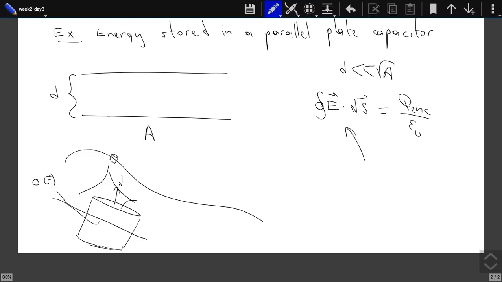Here the ds, I can choose it to be pointing upward. Here ds will be pointing downward. On the sides it will be perpendicular to my surface. Basically at every point ds is different. So this E dot ds